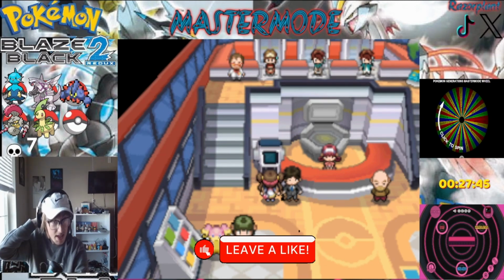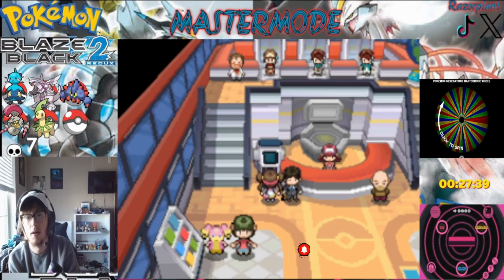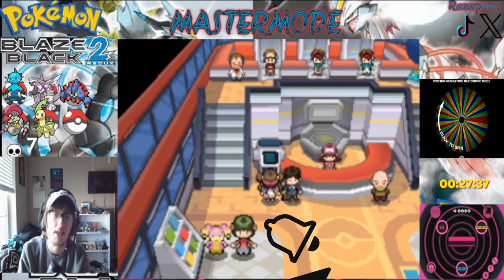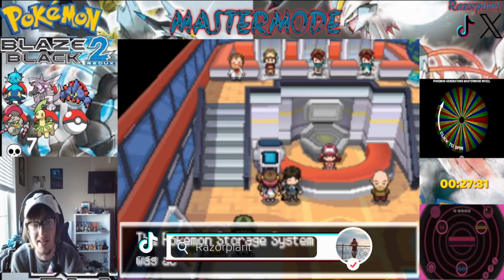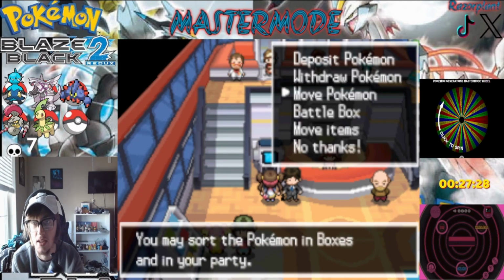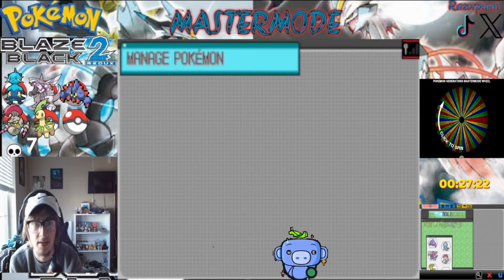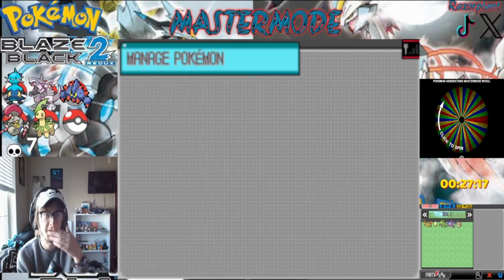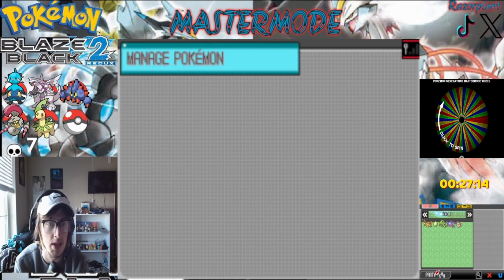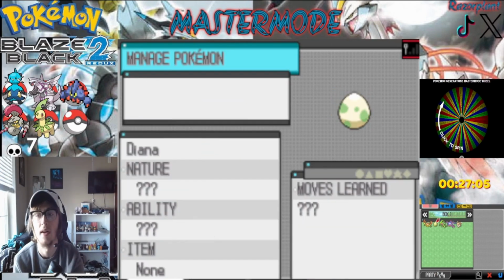But today we are going to move our way out of Castelia City finally and head up north. I was taking a look in the PC box here before we left to see if there was anything that I would want to add, and the only thing that I would feel remotely interested in adding, just because it's the one typing that we don't have right now, would have been the Eevee, because I wanted it to be a Flareon, and a fire type would be pretty solid on this team, I would think. But we don't have a Firestone right now, and so since we got Krabby, who's water, the